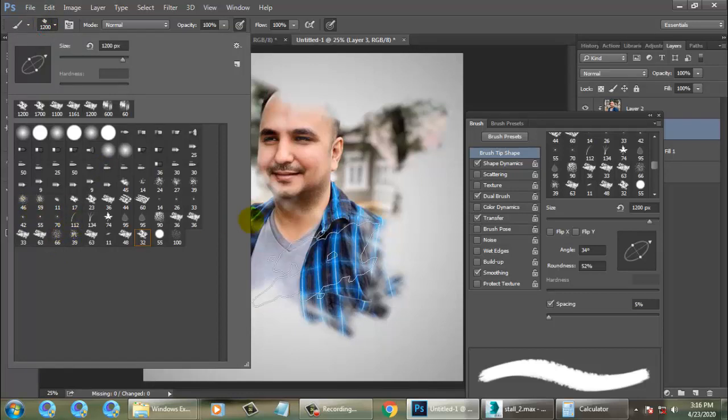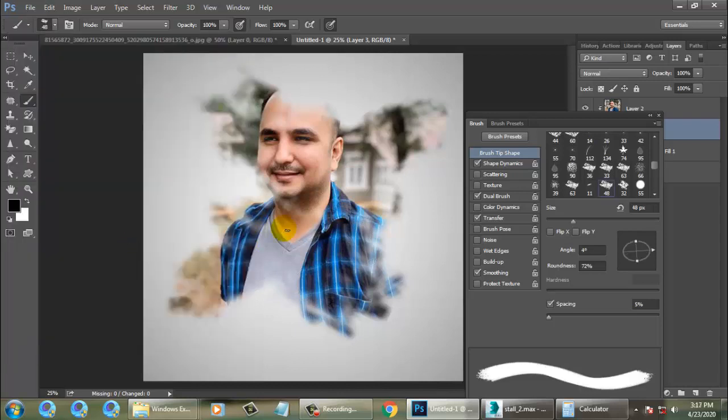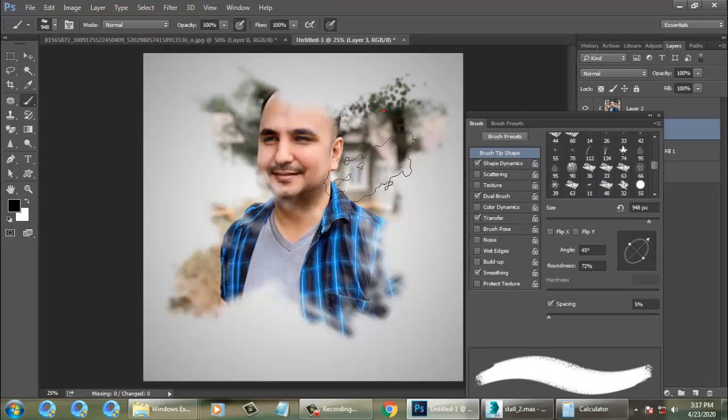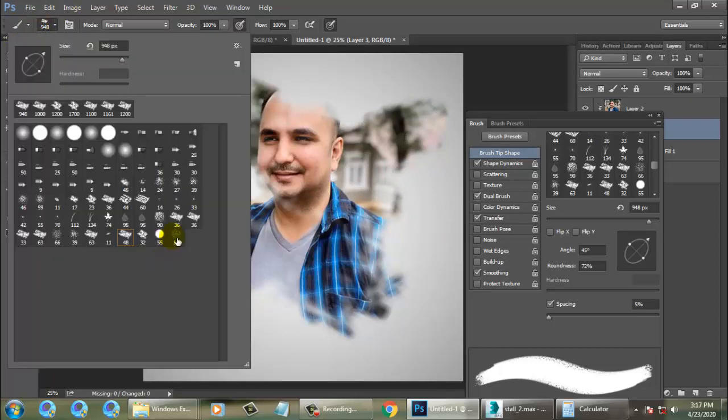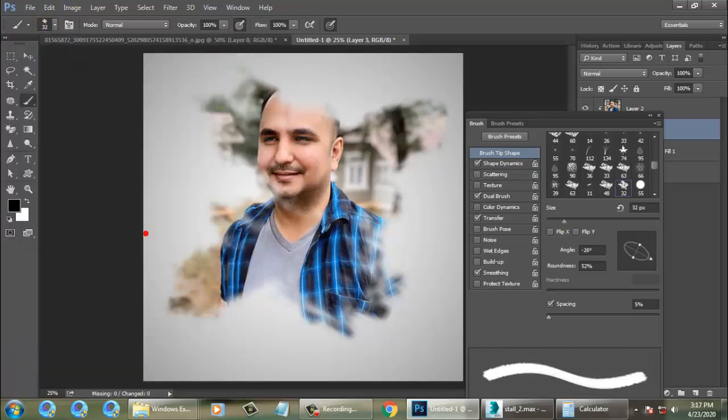If you want to go with some other brush, let's take this brush over here, and you can utilize any of the brushes, or if you want the same brush, let's take the same brush. I like this brush, so you can just paint it.